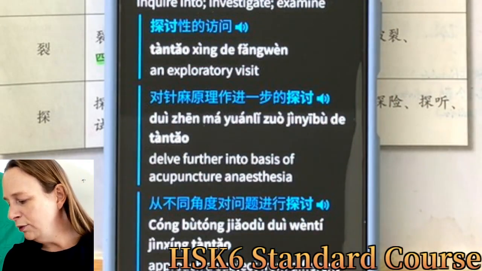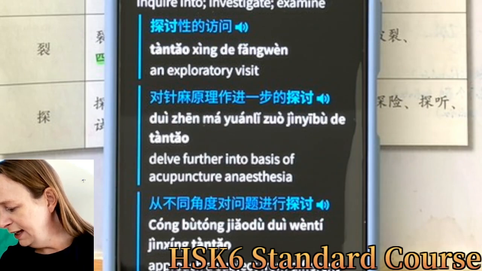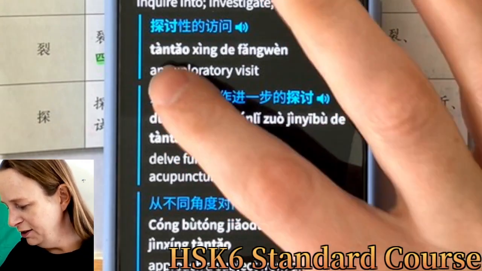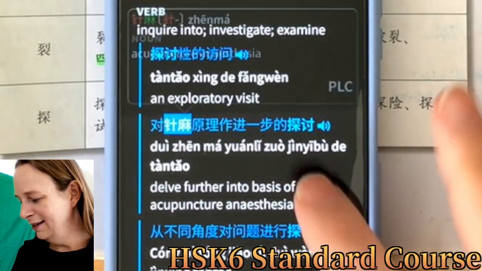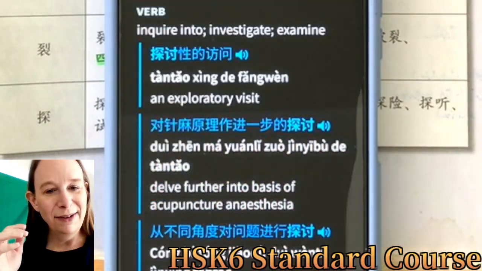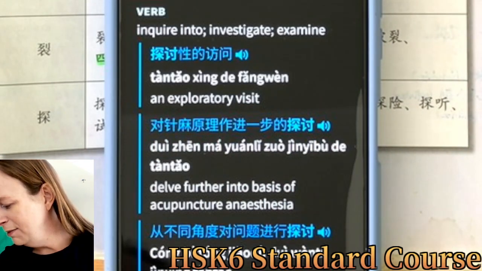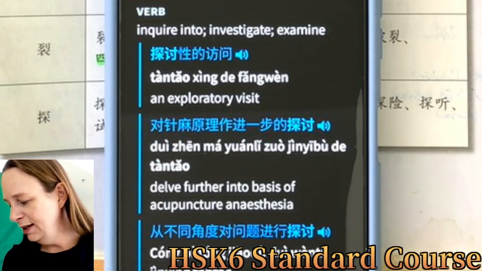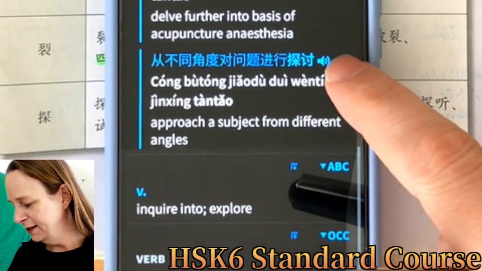Okay, 针对针码原理做进一步的探讨. So it's not necessarily related to